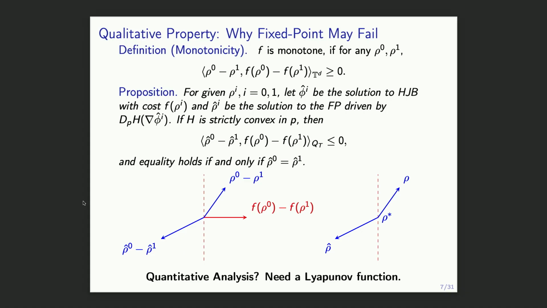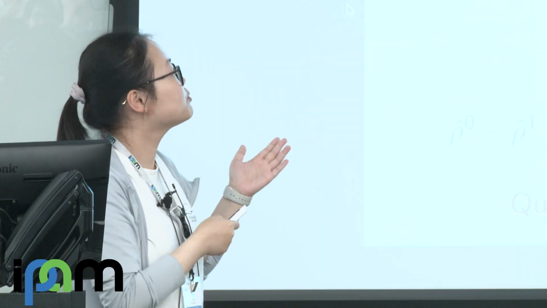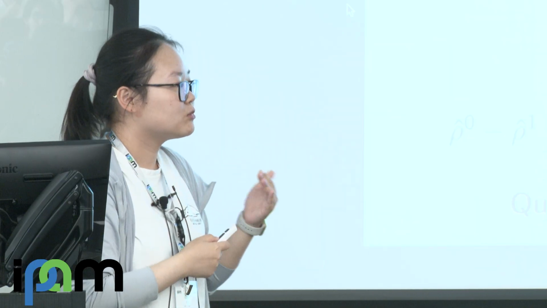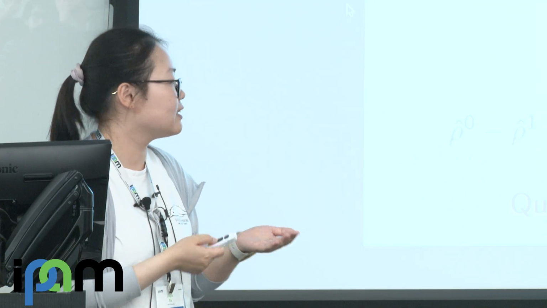Rho 1 hat and rho 1 will be the same, which is rho star. So you have this figure, which means the density and its best response always belong to the two sides. So it is possible that when you run the fixed point iteration, you will oscillate between two states. Okay, this is just a qualitative property, and to give a deeper understanding, we need